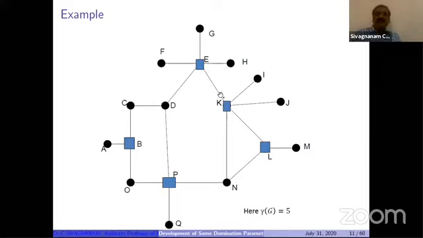Now, instead of K, I'm taking these two vertices, I and J. Now look at this set of blue color vertices. No two vertices are adjacent here. So it is an independent set as well as a dominating set, so it is an independent dominating set. Automatically it is a minimum cardinality independent dominating set, and hence i(G) is equal to 6 here.